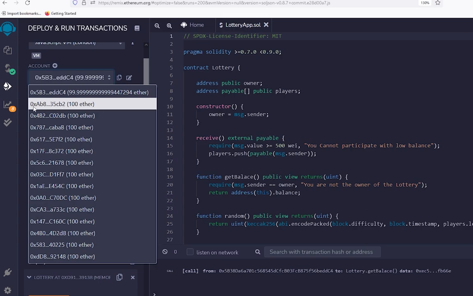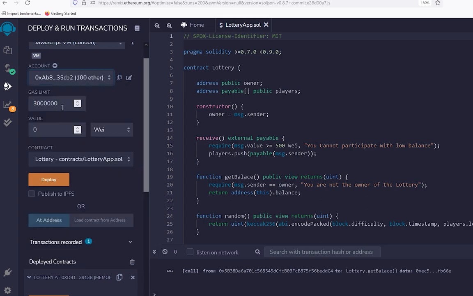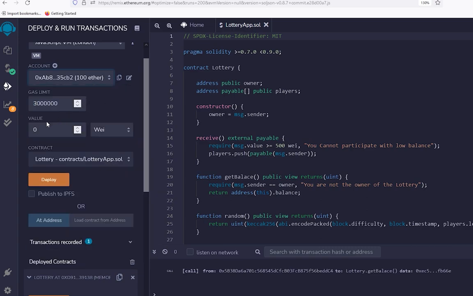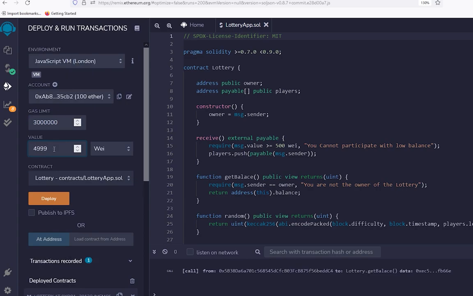Now this participant will do a transaction. Now you have to remember their ethers also, because when the owner announces the lottery, after all, you will see the winner will have more ethers in place. So let's see how he will do this. 100 ethers, and he will transact, let's say 5000 wei,